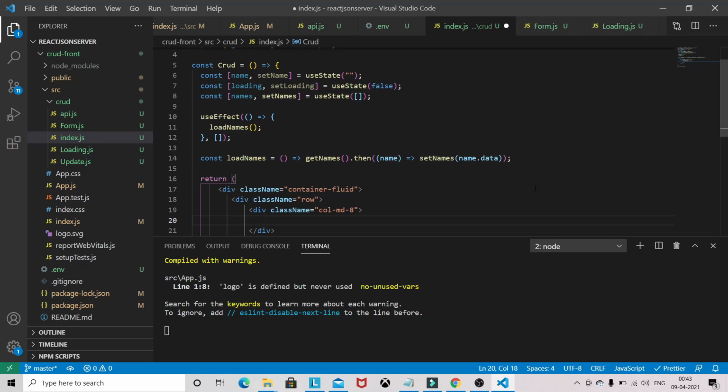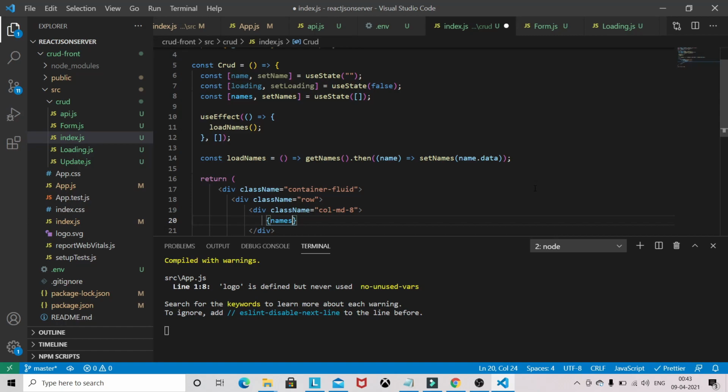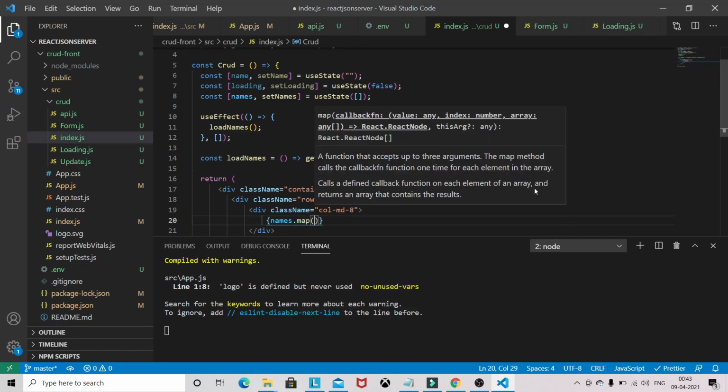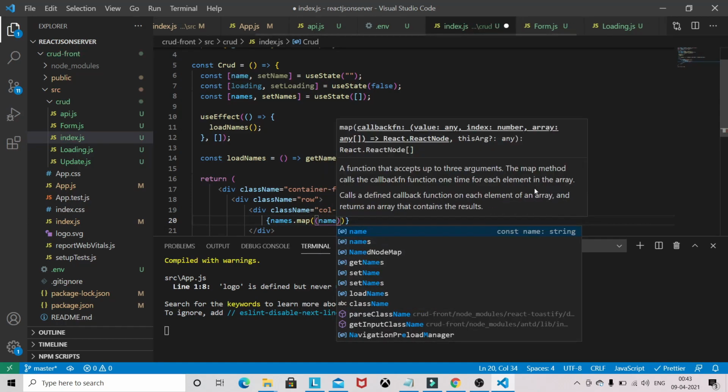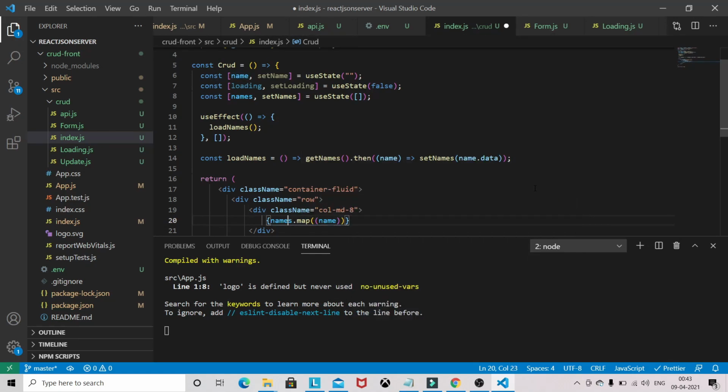Okay, so let's first just load all the data. So names.map, if we have names only, then it will load.